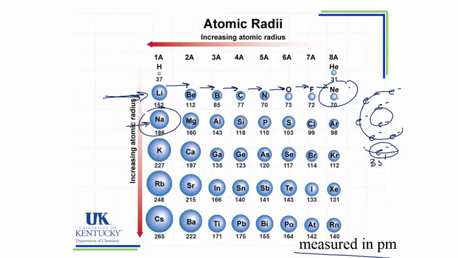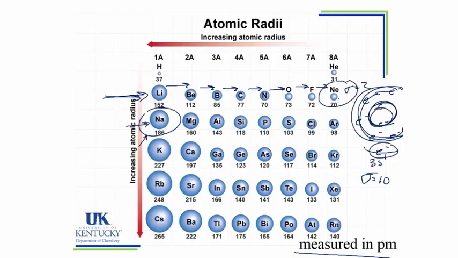We've gone from, for neon, a shielding equaling 2, to sodium, where our shielding is the 2 electrons we see here, plus the 8 electrons that we see here, and so the shielding has just jumped to 10 versus the 2 that we had for the neon. So suddenly there's lots more shielding, the effective nuclear charge drops down, and that means that sodium will be much